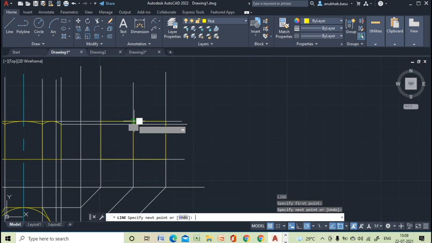Okay, now we have to draw the arc. The arc is R2, value is R2. That means we will draw a circle from the midpoint.